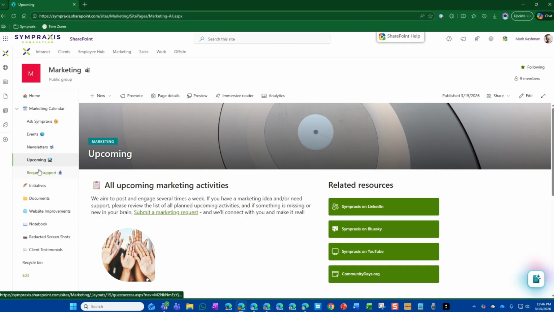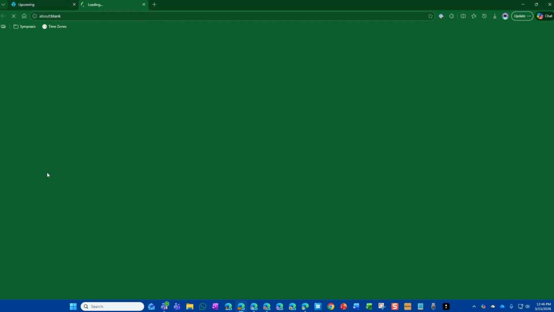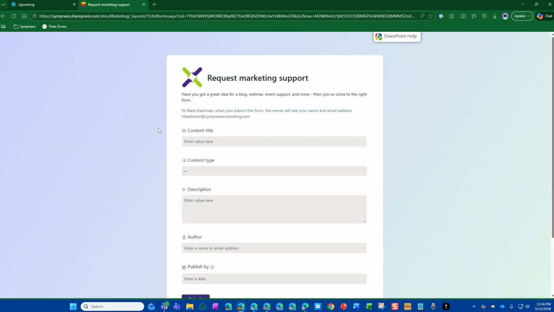And then the final thing that's listed under here under marketing calendar is how to request support. And I'm going to do just that. It's going to launch a separate tab using the new lists forms. This is also in document libraries. So a nice form capability for somebody to come in here and create something new. And I'll just do new for you